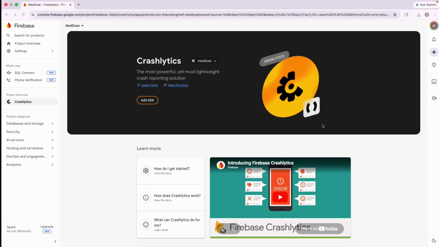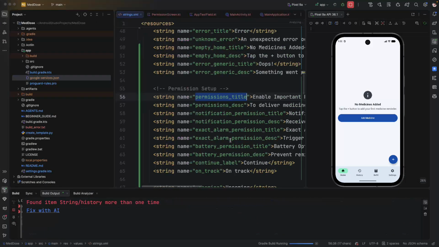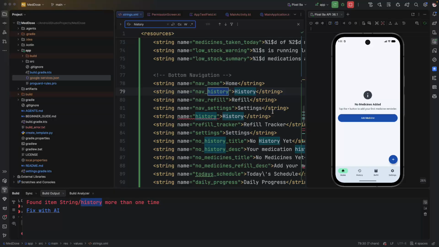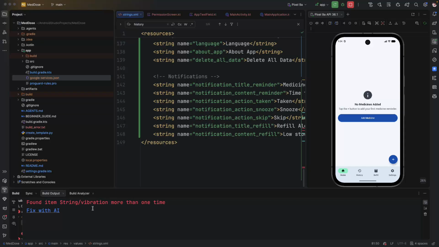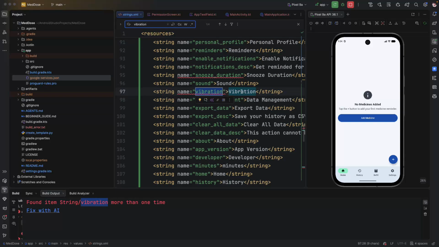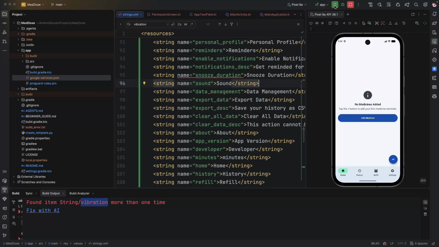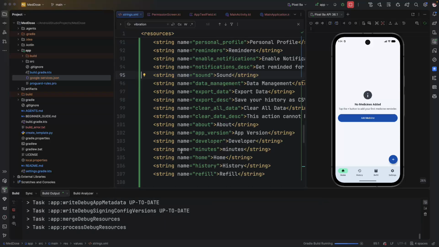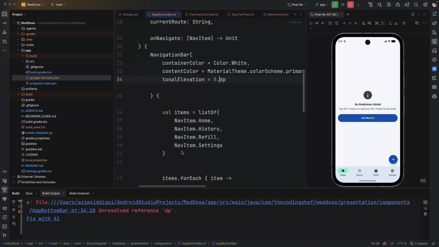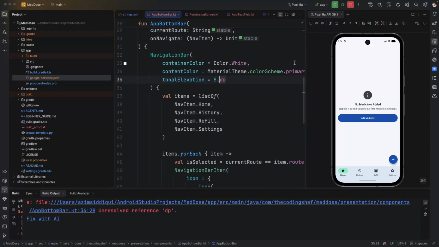Right, so let's try to run this now. What is history more than one time? Let me remove this. Now let me search this. Vibration. Let me remove this. Snooze duration, remove this. Import this, then